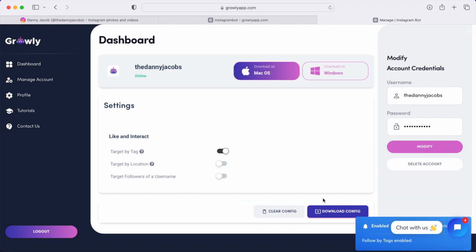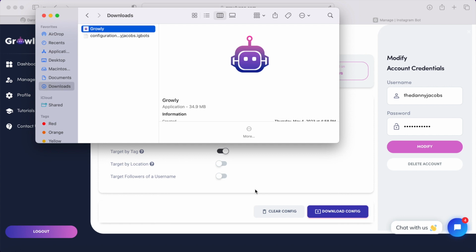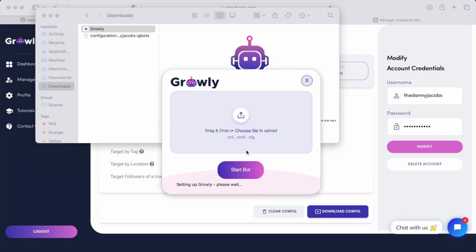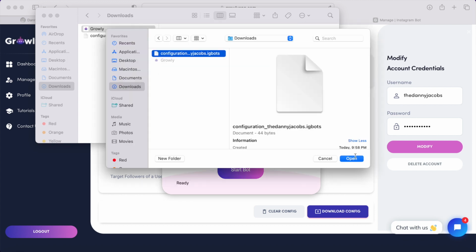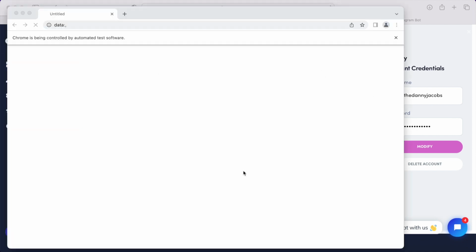After I set the tag, I'm going to download the configuration file. Once that's downloaded, I'm going to go ahead and open up the Growly app for my Mac computer. When the app is open, I will then upload the configuration file to the app, and then I will click Start Bot. What this will do is automatically bring up Google Chrome, and it will just start completing interactions on